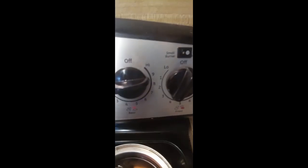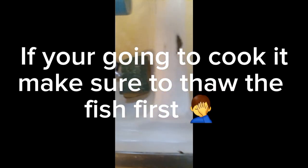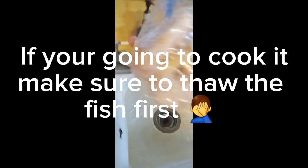Some people cook it on high and then wait till it boils. I like to let it slow cook a little bit. See how it's popping? You want it to get to that point and then slow it down a little bit. You don't want to cook it too fast. You always want to cook it at a slow pace. You want your catfish to be completely thawed, because if it's not, you just have one big old